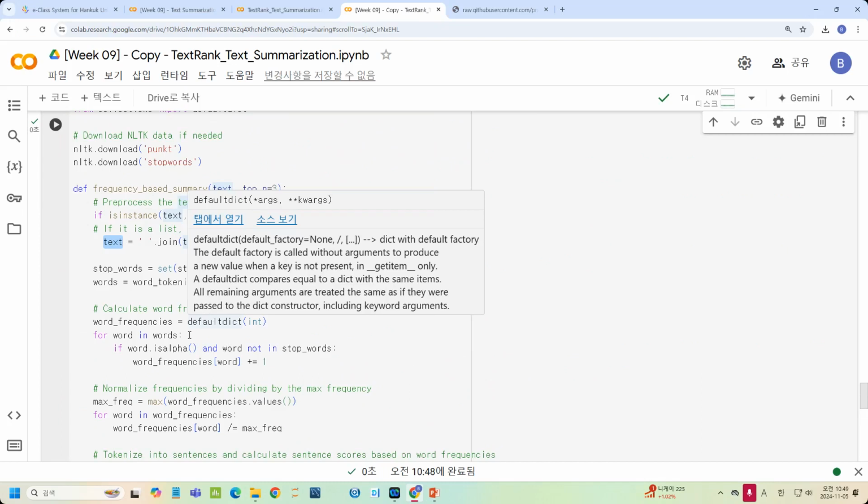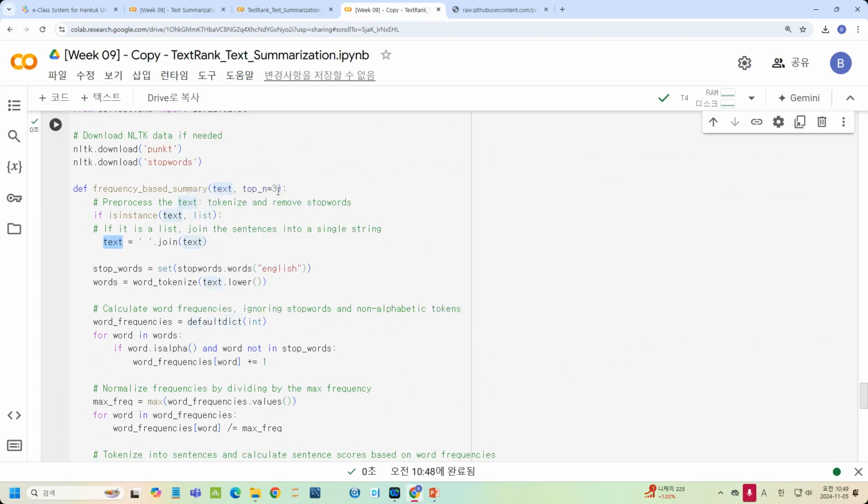Okay, that's all about the code. I hope that you can review this code. On Thursday, I will give you another assignment. So we have already finished the sentiment analysis and the text summarization. I hope that you can have